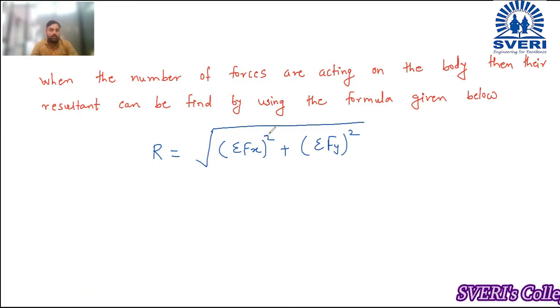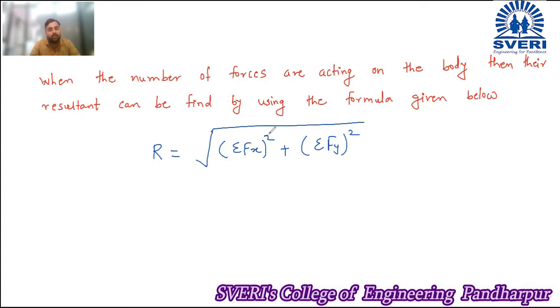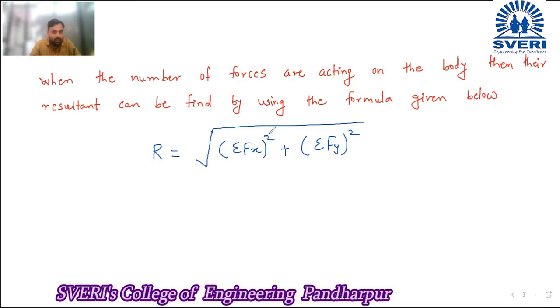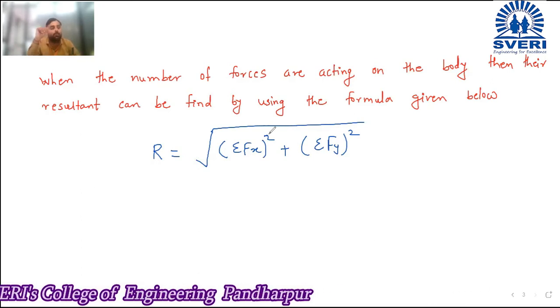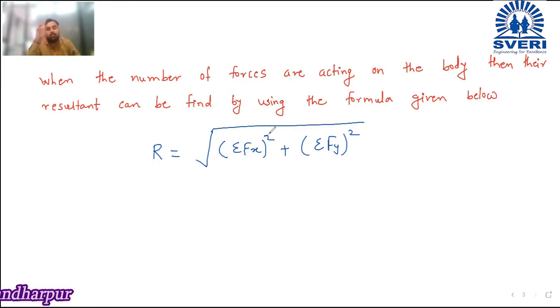By doing the calculation, likewise now what we are doing by using the law of parallelogram of forces, but there is a limitation for that. What is the limitation? If more than two forces are acting on a body, then you can't use the law of parallelogram of forces. Are you getting my point? The law of parallelogram of forces, you can use it only when there are two forces acting on the body.